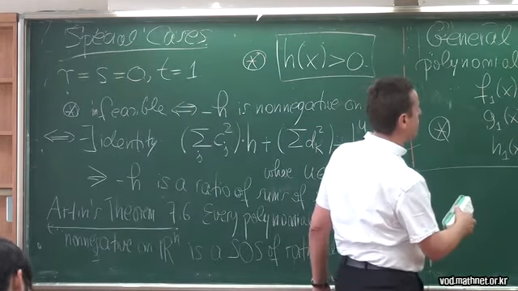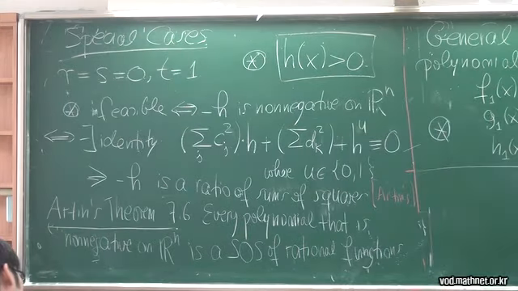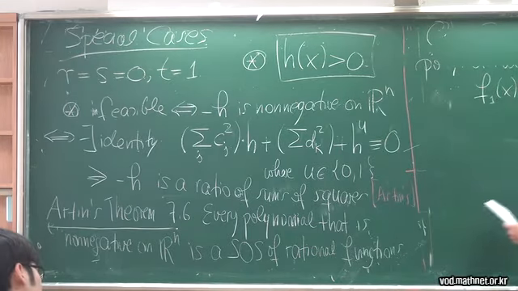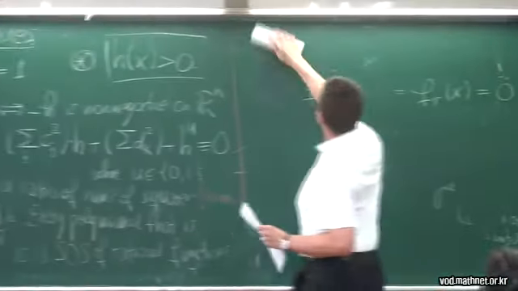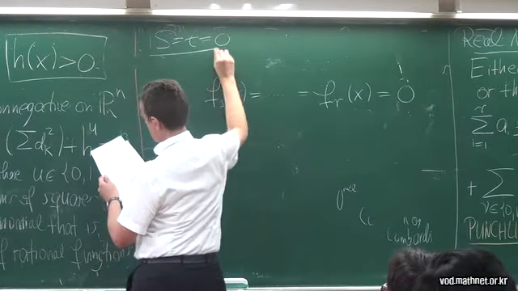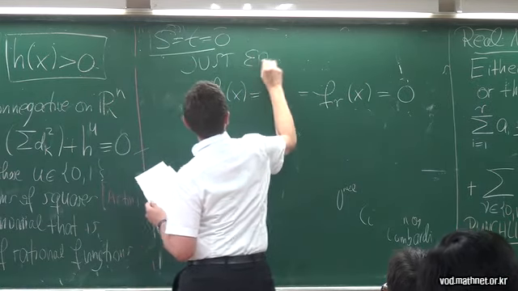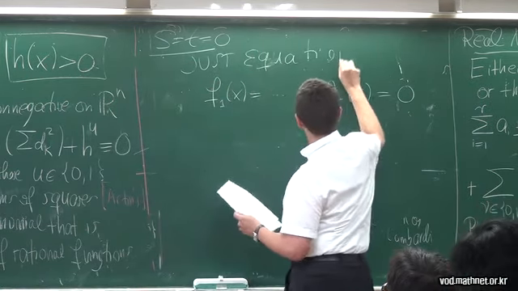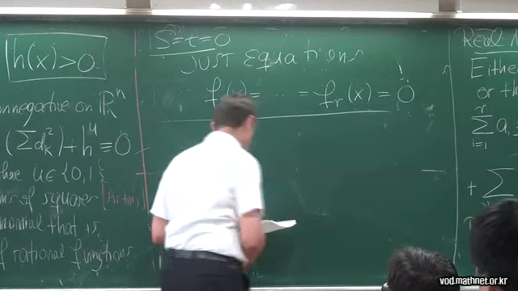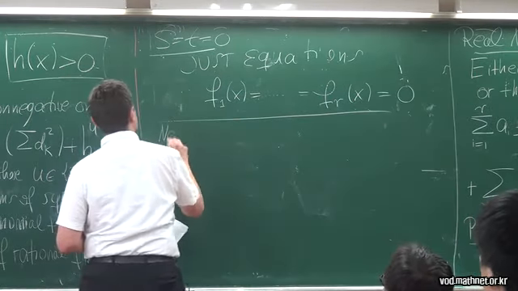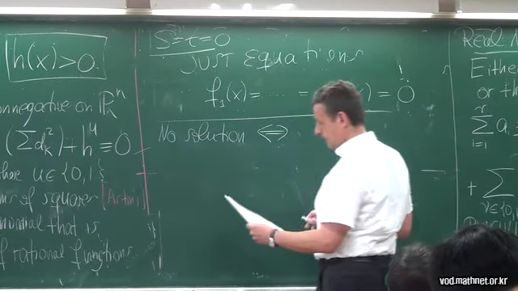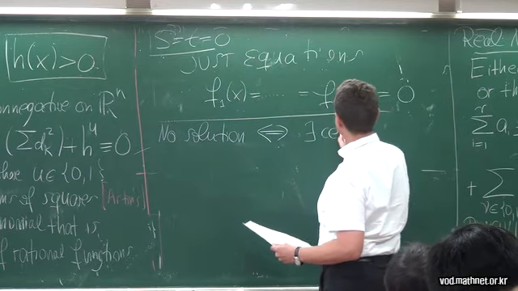Okay, let's do one other special case, where we have only equations. In that case, S equals T equals 0, just equations. So when does a system of equations have no solution over the real numbers? There is no solution if and only if there exists a certificate